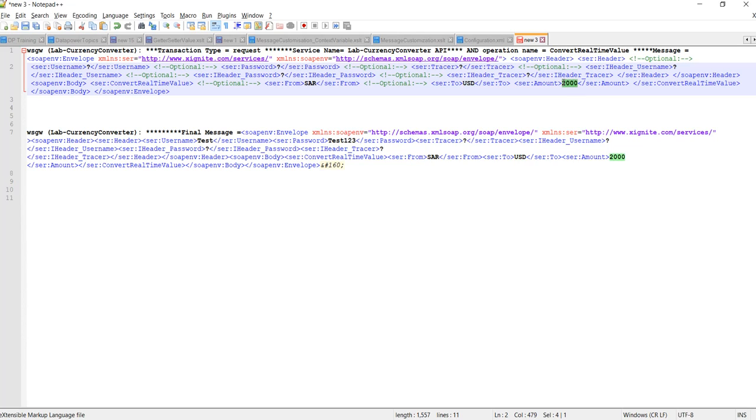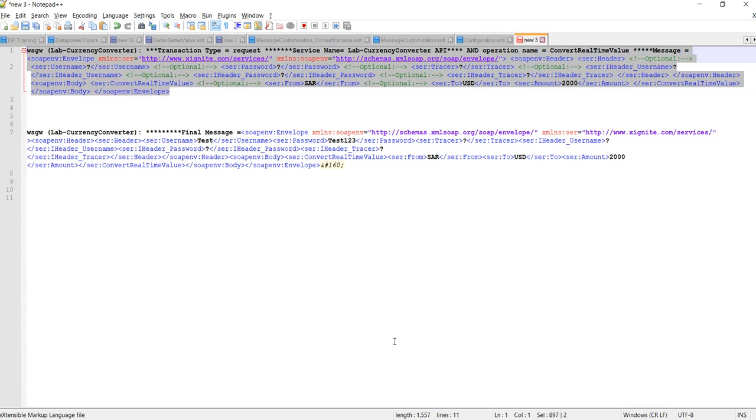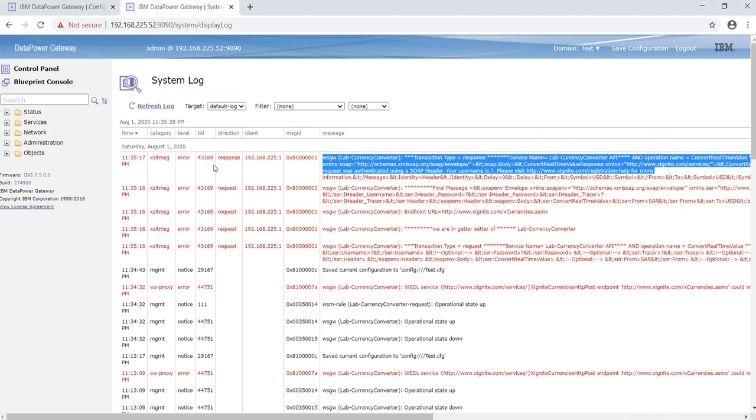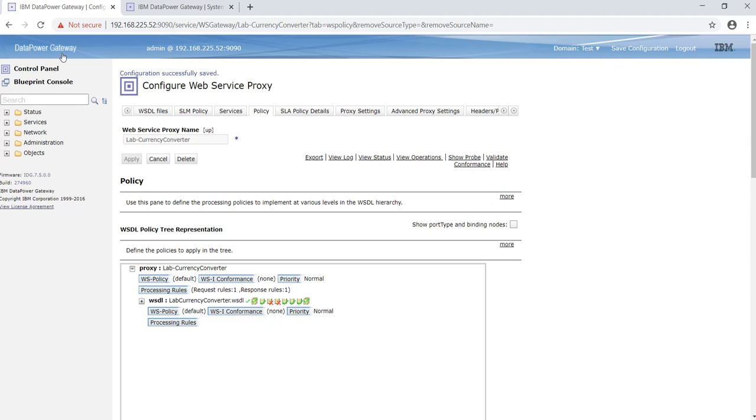So now our request message is dynamic, meaning whatever value we pass in the SOAP UI request message, we get the same one. And just to make sure this is the final message which is sent to the destination system, let's enable the probe. We can enable the probe from here as well.